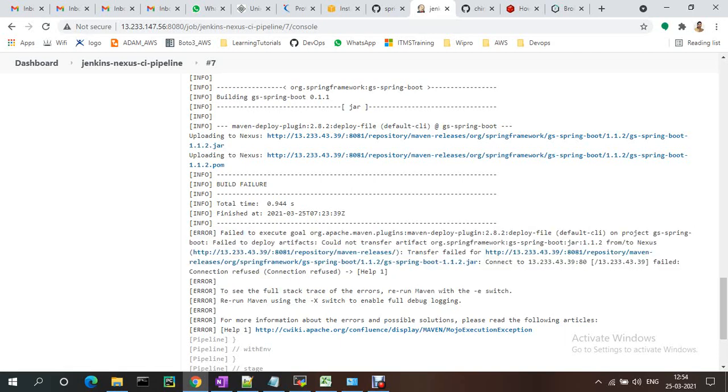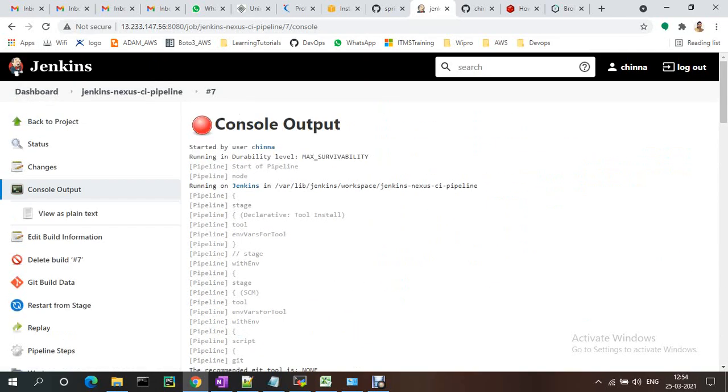The project transferred the file, Spring Boot jar.